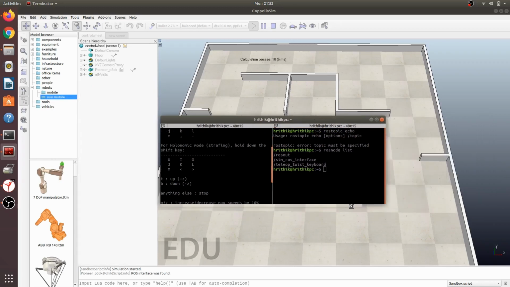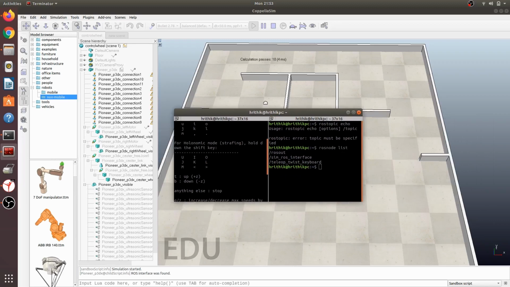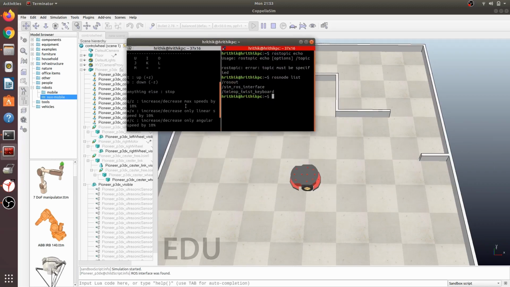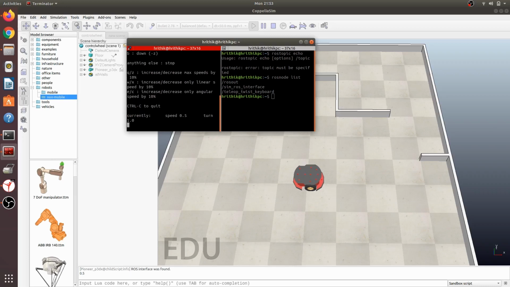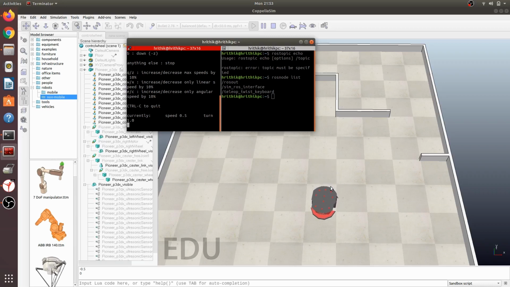We had a lot of talk and a lot of understanding. Now let's try controlling this. The small I key makes it go forward, J is for left motion, L is for right turning, and this one is for coming back. I will press I on my keyboard, and the robot is going ahead. When I press J, it rotates left, and I press back, it is going back. You can see how smoothly it's running. So this is how it is controlled.